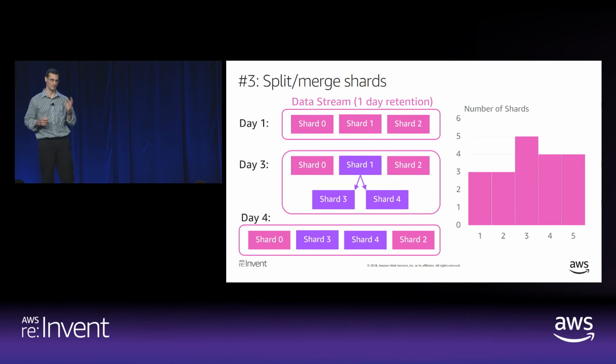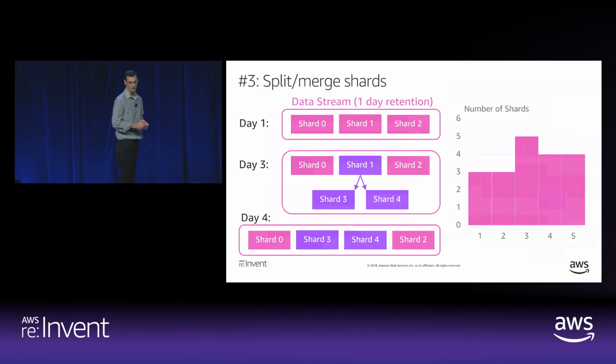So there are two types of keys. Either your key is perfectly balancing the data amongst all the shards, or it's not. If it's not, what's going to happen is that some of the shards are going to receive more data than the others. And this is going to create hot shards. In that case, you want to split those particular shards, the goal being that each shard receives the same amount of data as much as possible. So this is a little difficult to manage, actually, and unless you have a good reason to do that, I would recommend you to use a key that spreads the data evenly across the shards.